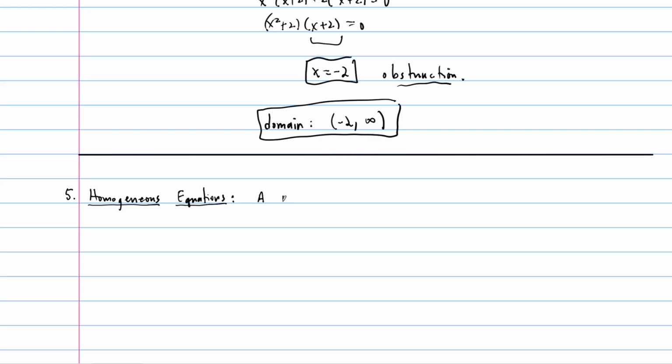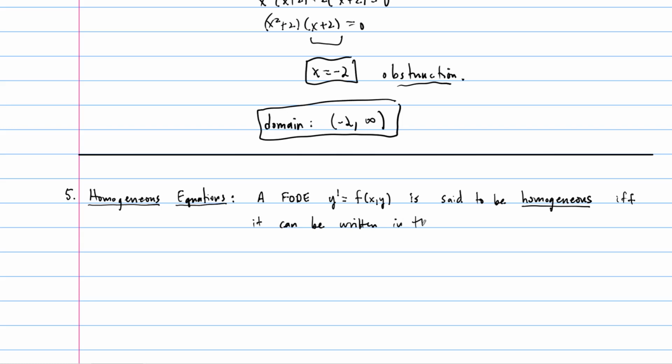A first order differential equation, so I'm going to write it like this, y prime equals f of x, y. So we'll have x's and y's, where x is our independent variable. That's a first order differential equation in what we've deemed to be the standard form. This is said to be homogeneous, again in this sense of the word, if and only if, with a double f, it can be written